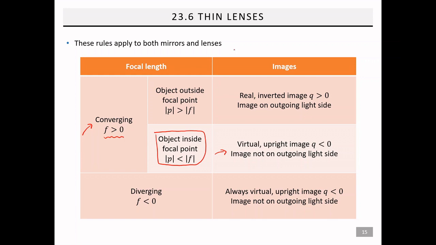For a mirror, the outgoing light side would be the left side. You have light reflect off the mirror and head to the left. For a lens, the outgoing light side would be the right side. When the light refracts in the lens, it heads off to the right. So in any case, this is just a handy table that you can keep next to you while you're working